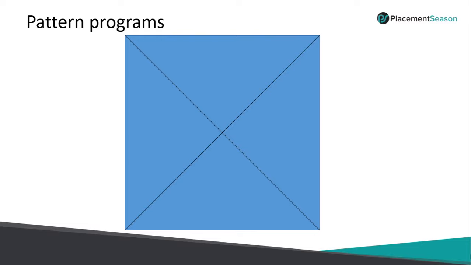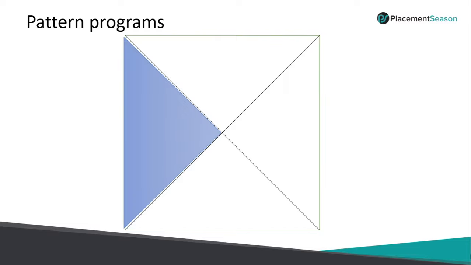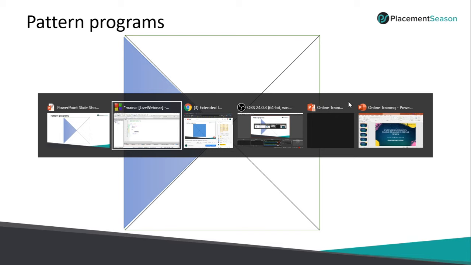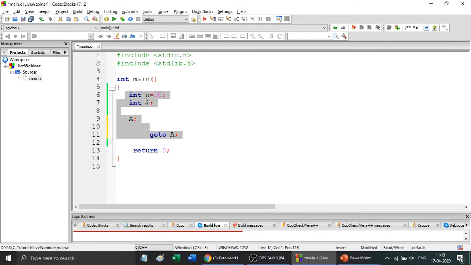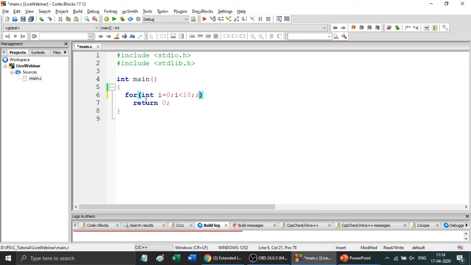So first understand how to write the program for any one triangle, and then convert it to second triangle, and then move on to third triangle. Let me go to CodeBlocks IDE and display how to print this left triangle in this video, and then we'll come back to the remaining part. So I'm going to put a simple for loop. i equal to 0. Let me take up to 10. Printf, I am printing the value star.